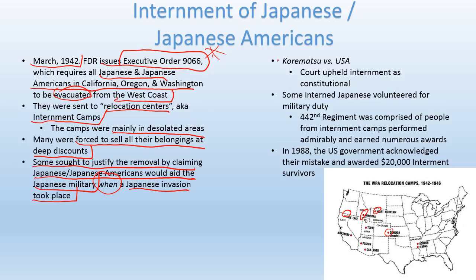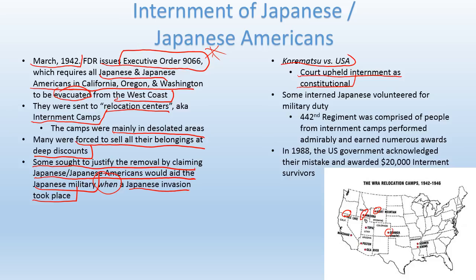A couple years after, Korematsu versus United States was filed in Supreme Court. It was challenging, saying, hey, look, this is unconstitutional. Now, obviously, you didn't get any due process. There was no hearing. There was no court appearance. You were forced to move. So, I mean, obviously, it's unconstitutional. But the court upheld internment as constitutional, saying that in a time of war, judges shouldn't make decisions. It should be the generals or something like that.